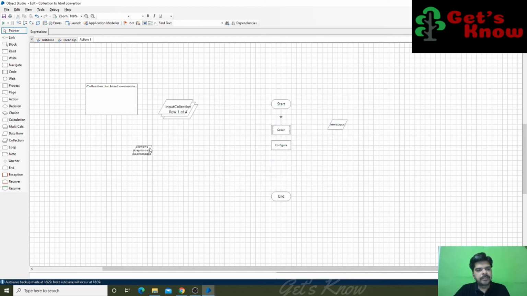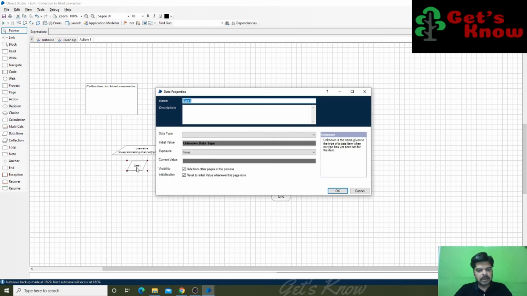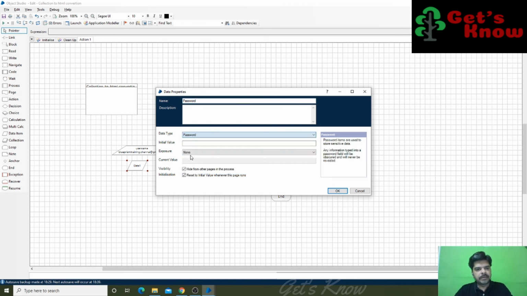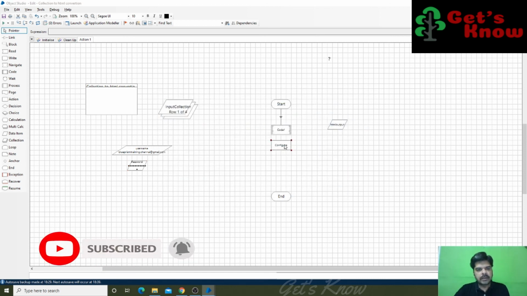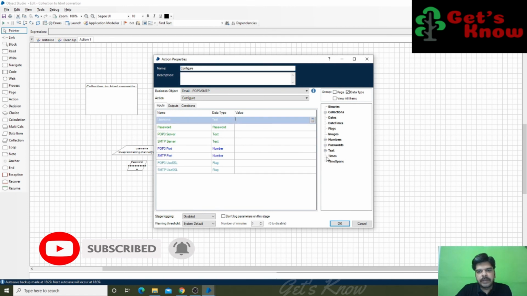And one more data item I'm going to use for the password purpose. See here, password, and it's going to be in password data type. So here you have to mention your password. So password, and here see this one, username.